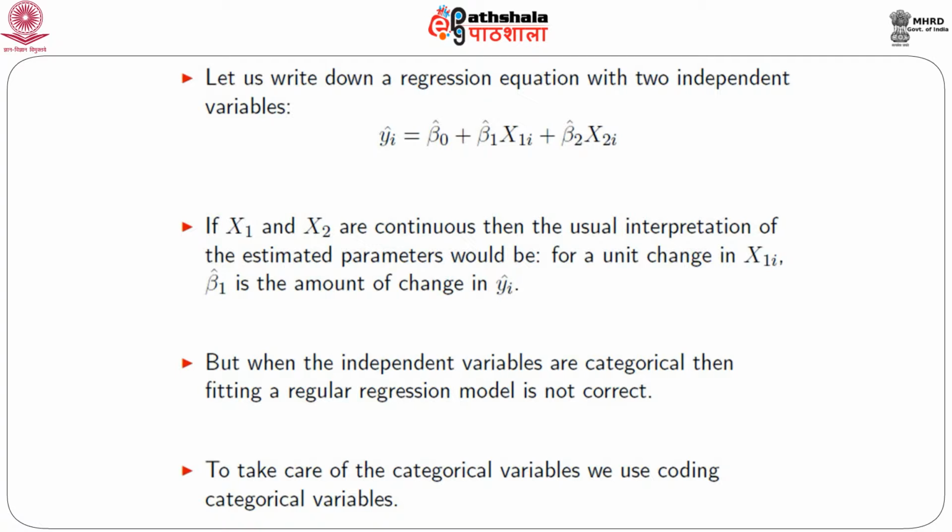For example, if we ask a respondent whether they voted or they did not, there are two possible answers to this question. So, the data collected from n individuals on this particular variable would give us dichotomous data. That is, when the variable takes two values, then let us write down the regression model: y_i hat equals beta naught hat plus beta 1 hat times d_1i, where d equals 1 if the value of